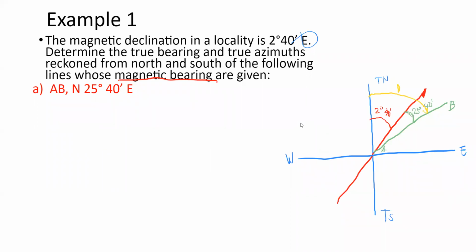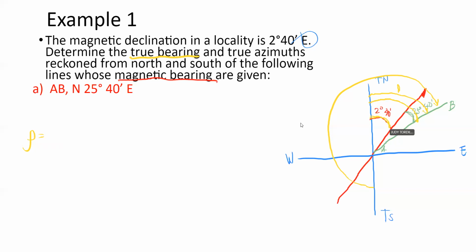So true azimuth from north of the line AB. So papunta tayo dito. Ito rin yun, di ba? Same rin. Your azimuth from your north. So this is your azimuth from north and azimuth from south. So if this is true azimuth from south, ito yung angle na hinahanap natin for the true azimuth of the south. Okay? So let's solve first for the true bearing. So for the true bearing, let's say rho lang siya. Rho is equal to,